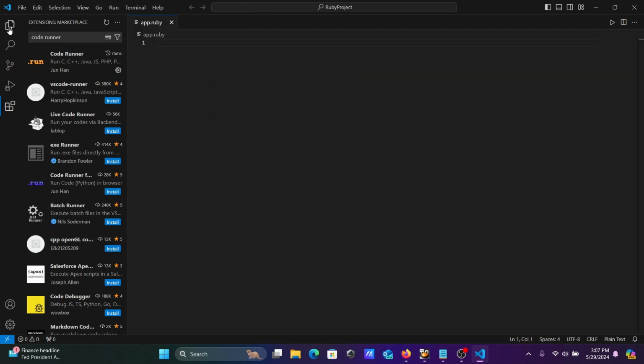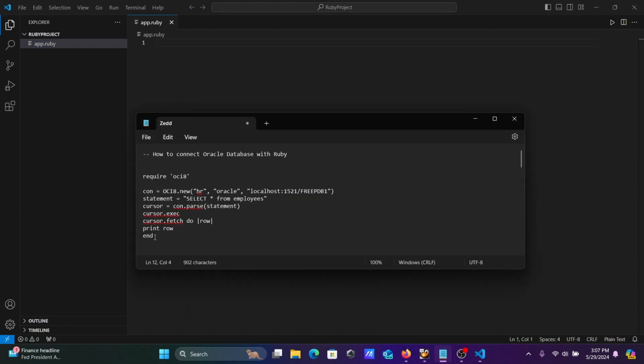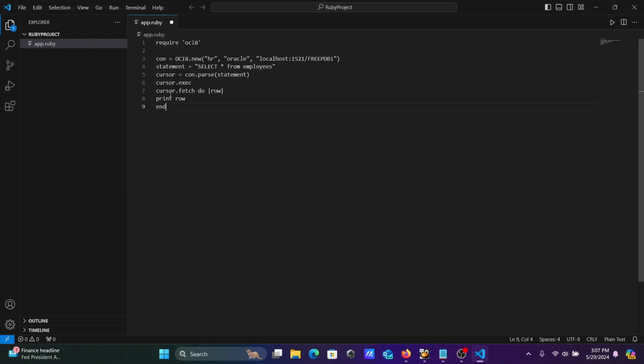Next, I already have the code to get the Oracle data with the help of Ruby. Paste this one. Here, HR is the user, give the password here, localhost 1521 is the port number, and the service name SID is FREEPDB1.